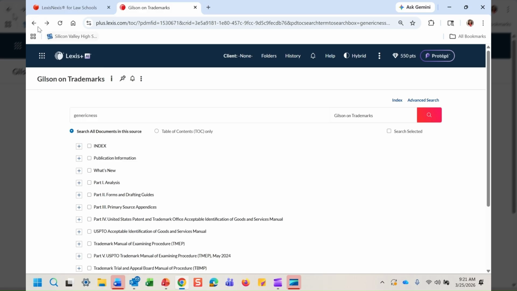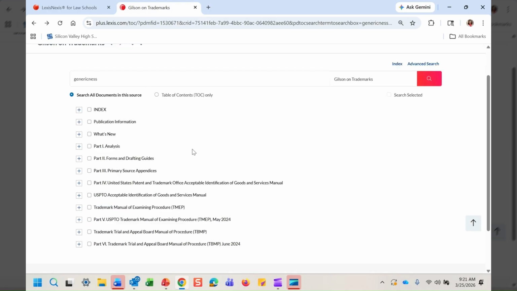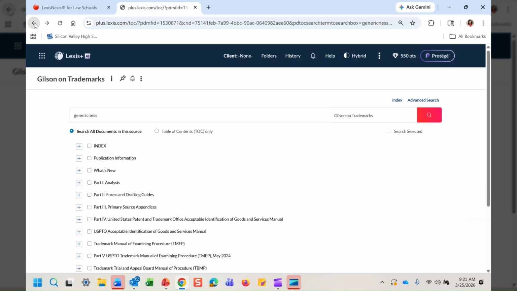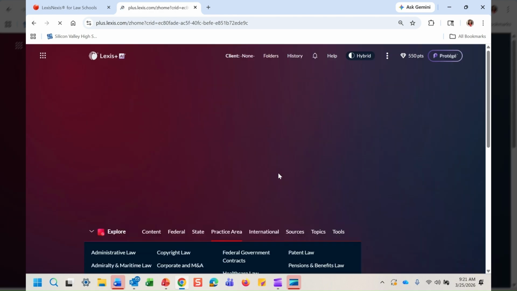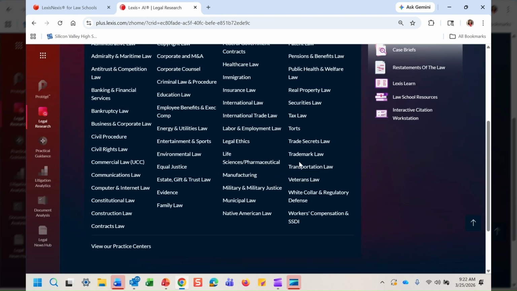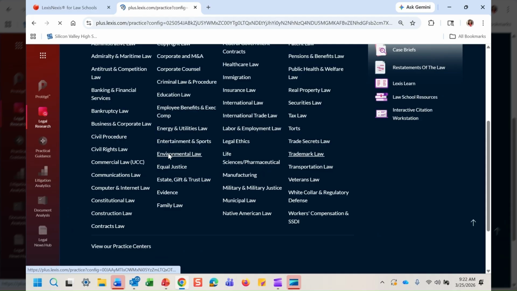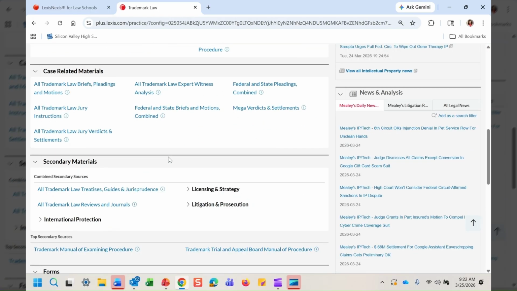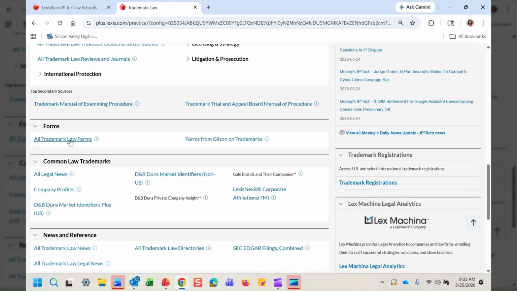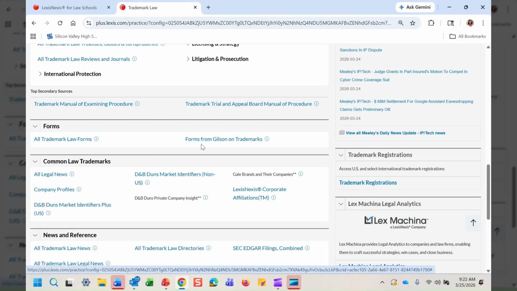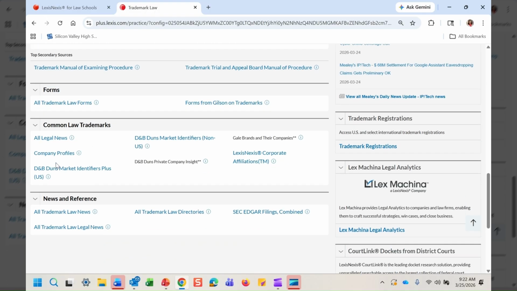Okay, we're almost to the end of our page for trademark law. Let's go back in from the beginning and I'll hit trademark law again. Okay, so now forms, if you need to file, this is one place you can come, but I'll show you another place. Other popular trademark useful places that people will come,